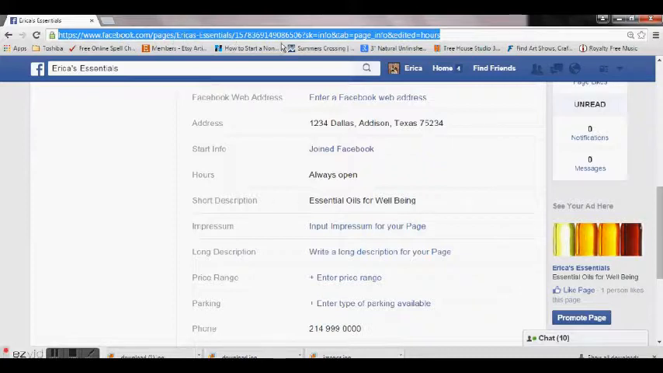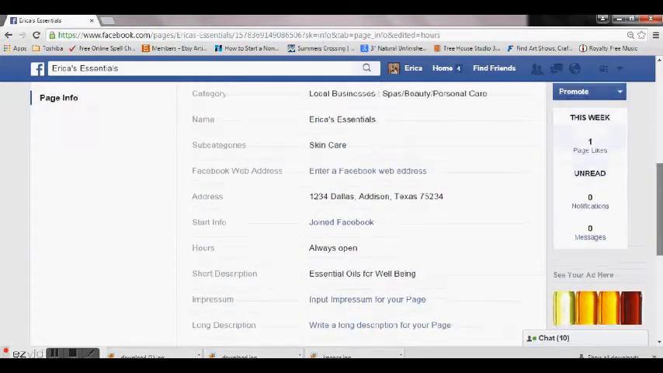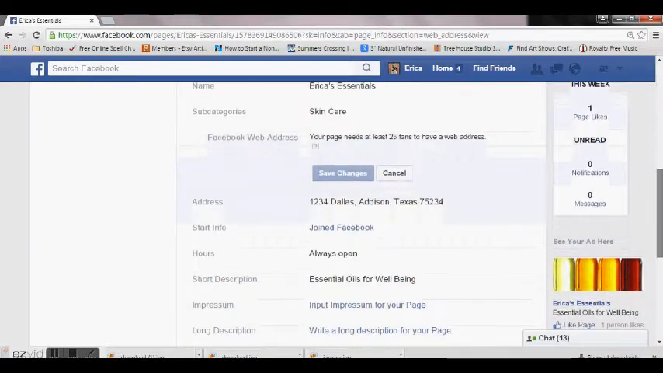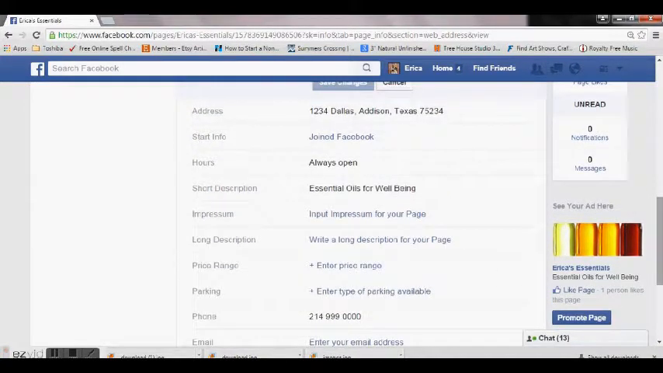www.facebook.com/Erica's Essentials, provided that it isn't already taken. For now, you can still share your page by copying and pasting that address anywhere. Just remember to come back once you have 25 likes and name your page. Here you can enter